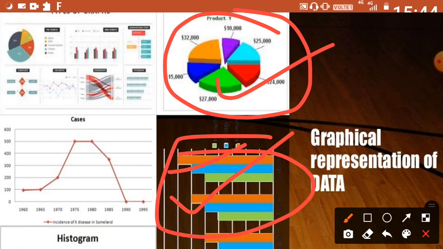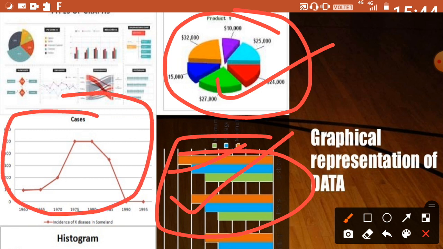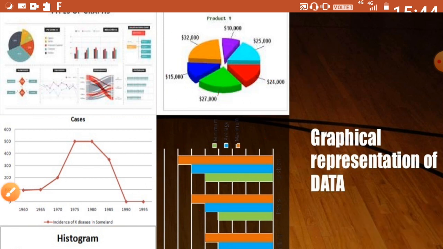So this is your bar graph, also known as your column graph, okay? And what is this? This is your line chart or line graph. And here there are also several types. If you are interested, you can consider them and try to recognize them also, okay? So let's move to the next slide.